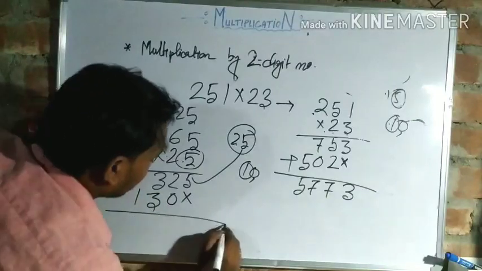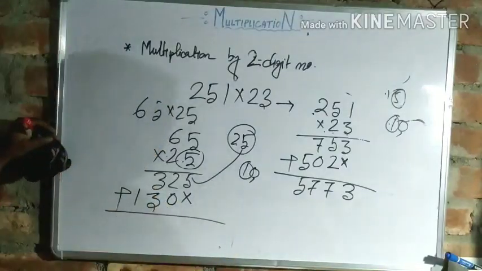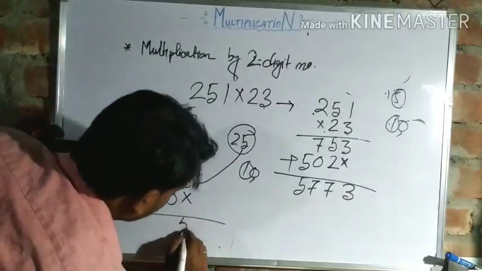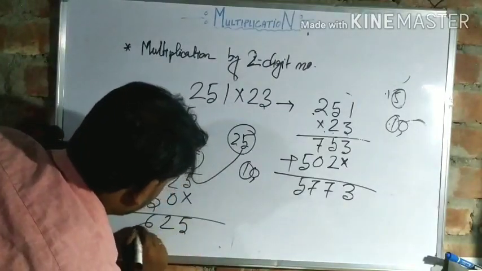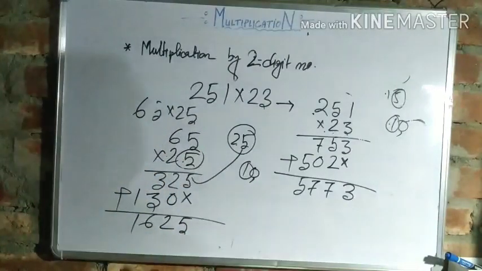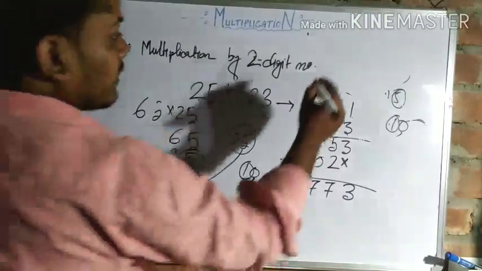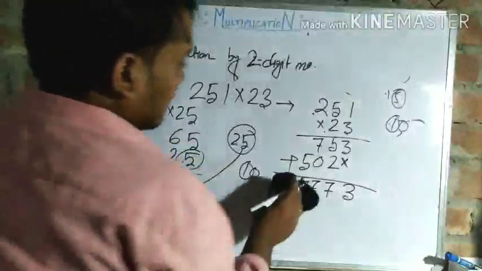Then what is the rule? We add these two values and we get the result. So 5, 2, 6, 1, 1 6 2 5 is the result. Okay. Similarly, you multiply